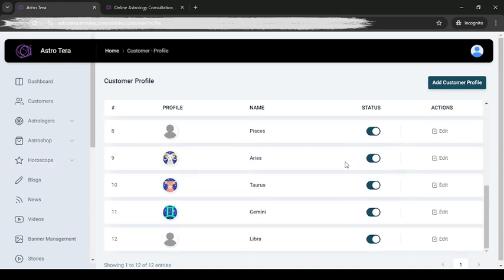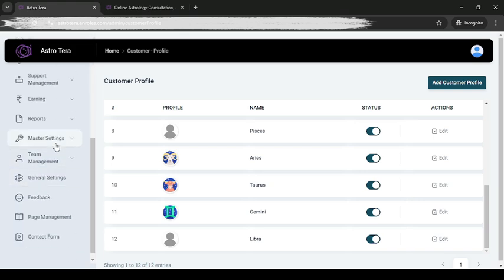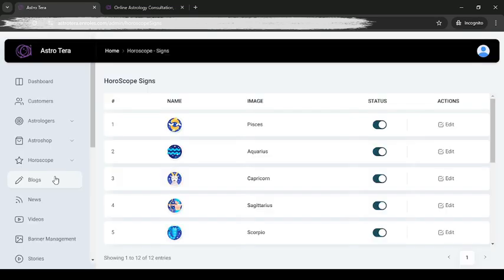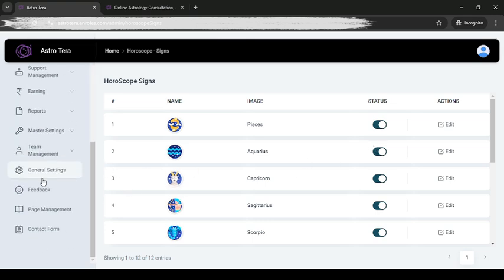Here you can add multiple profiles, like Aries, Gemini, Libra. After that, horoscope sign. Here you can set up multiple horoscope signs, and you can edit it as well.